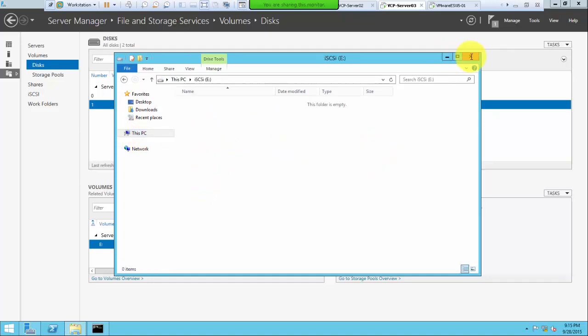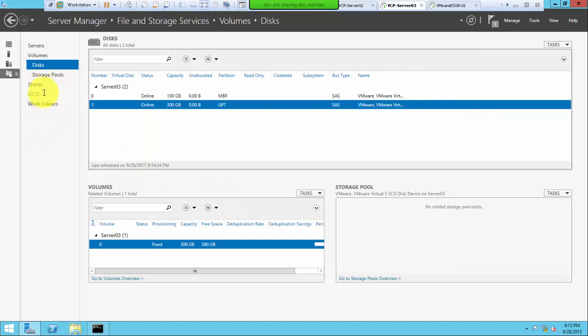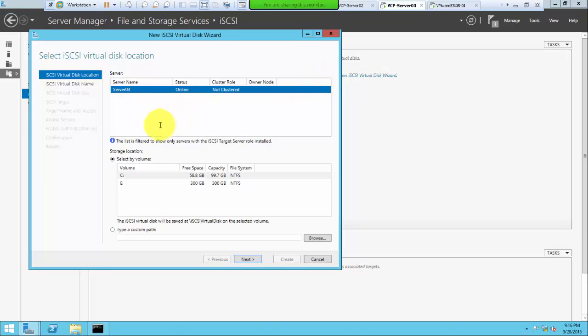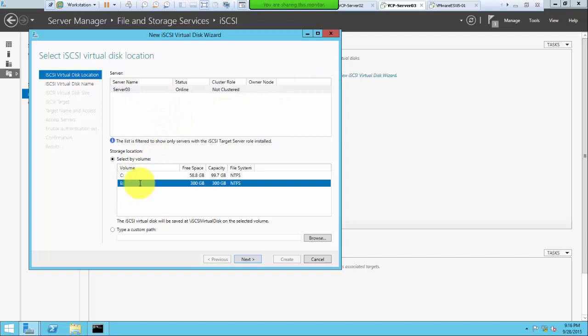Still on the same screen in file and storage services, I'm just gonna go to the iSCSI area now, this one, and in the iSCSI area we need to create an iSCSI virtual disk, and this is the first one. So I'm just gonna click here and choose the second, newly created hard disk, 300 GB, to create the iSCSI virtual disk on, and this iSCSI virtual disk can be called a LUN, or a disk that we can offer to any other server that needs it, right? So next,